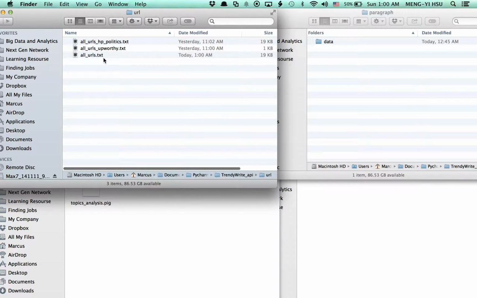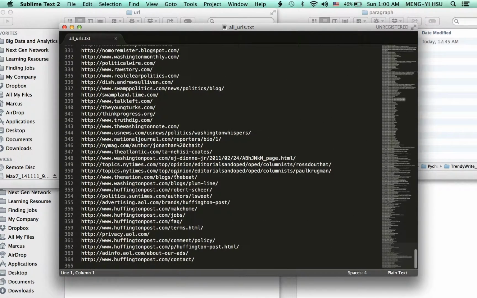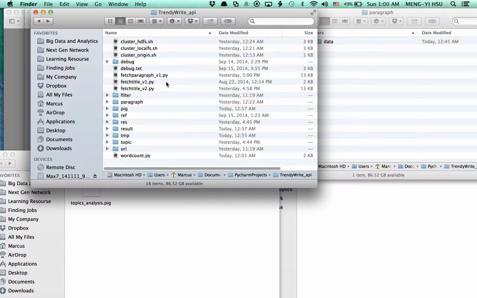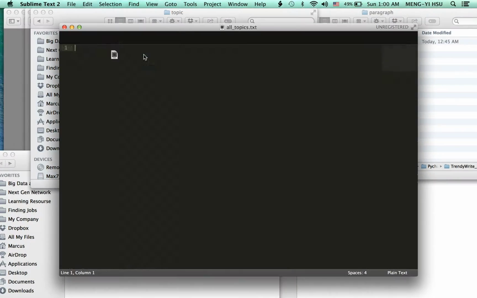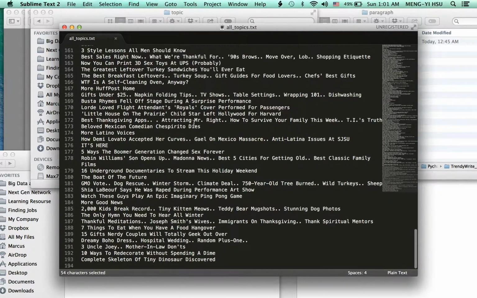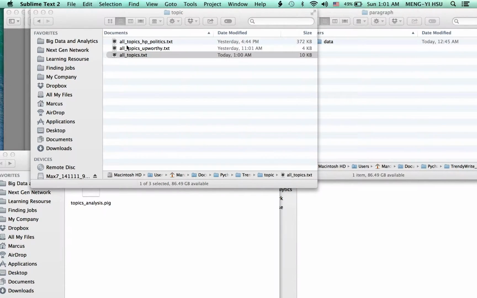So this is all the URLs it has fetched within that page. There are over 300 URLs here, and I'll show you the titles. The titles go into a topic file, and all the topics are over here. As you can see, this is the first topic: Obama has an uneasy relationship with the Pentagon, and there's a lot of data over here. But this is the data so far. So I'll use this